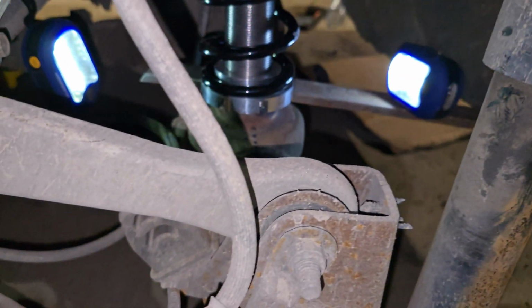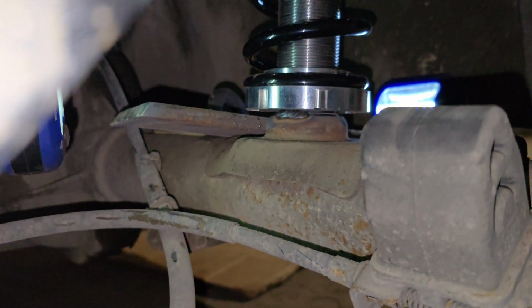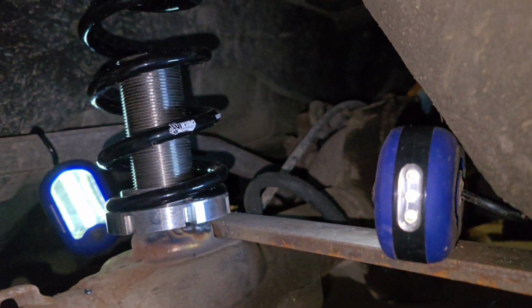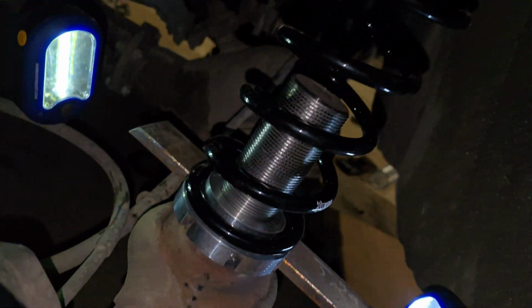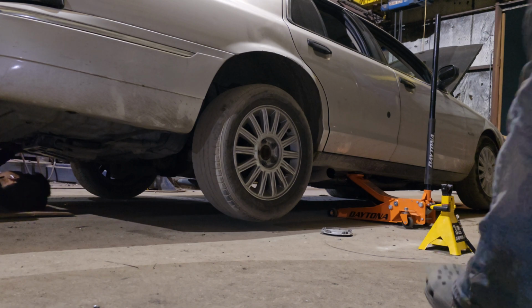Once you're done welding in the post, making it straight and welding it in there, you don't gotta weld it all the way around if you don't want to. Like what me and my buddy just did, he welded the front part of the post and the back part of the post, which is more than enough to hold the post itself and keep it from moving around. Once you're done with that, if you want, you have someone else lower the floor jack